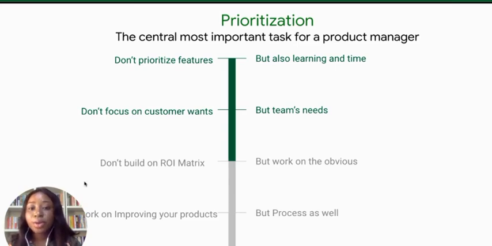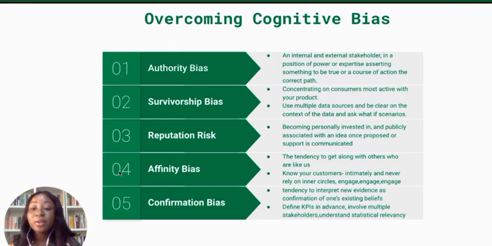So the next thing I'm going to be talking about now is overcoming cognitive bias. Truth is, for us to be successful at building digital products, as product managers, we have to understand that there are some biases that we have, but we really do not know that we have them. Why? Because they are biases, right? We can't change that fact, because every human being tends to be biased based on one or two factors. And one of the types of biases that we have is the authoritative bias. So what does the authoritative bias mean?